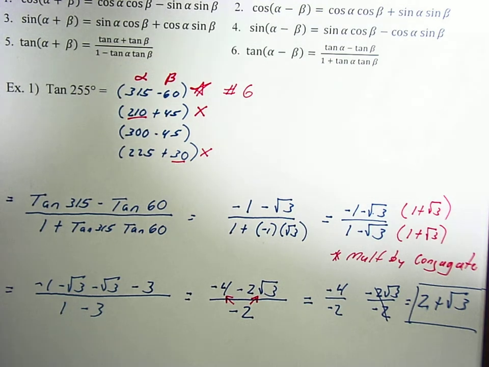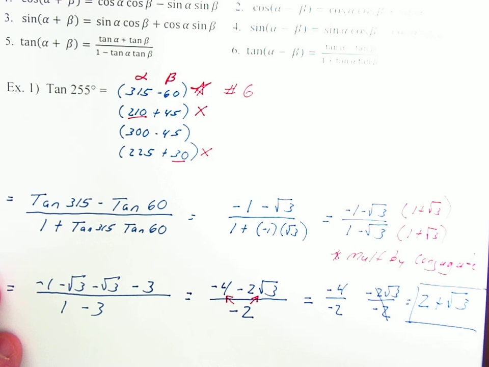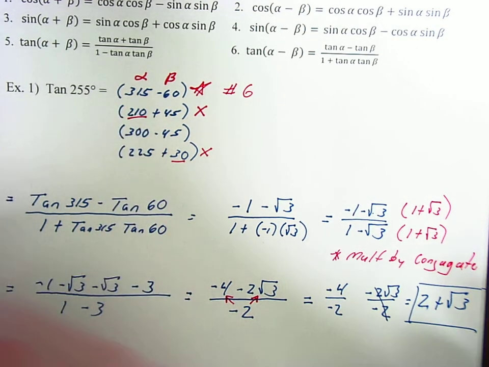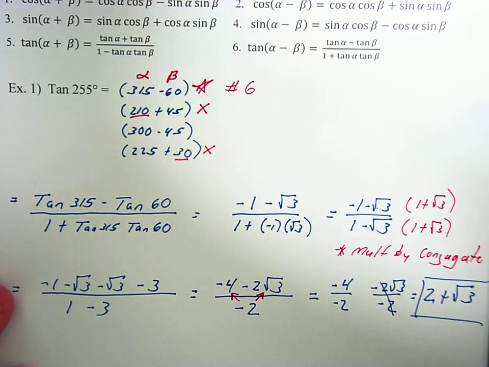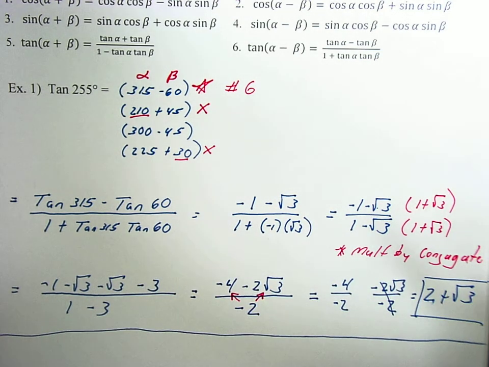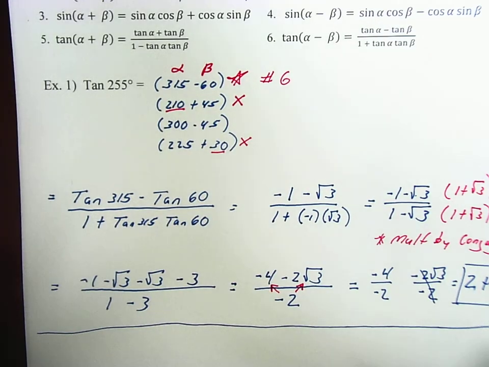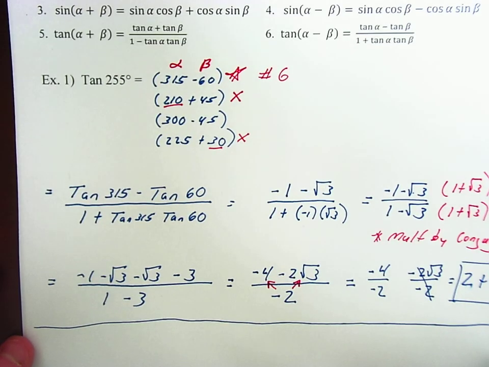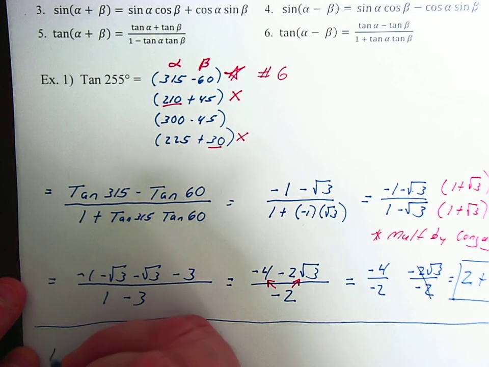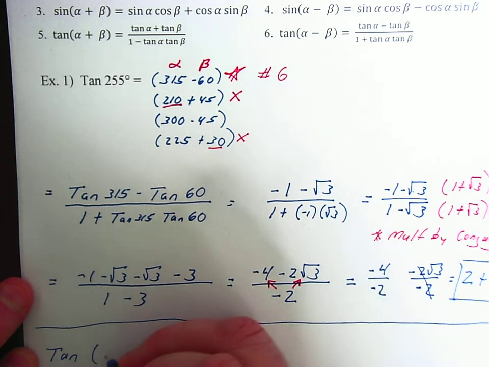The hardest ways are going to be when you use any of these 30-degree reference angles. So if you use 30, 150, 210, or 330 to do tangent, it's going to make it a more difficult problem. So I just want to show you guys that one. So I'm going to do it with 210 and 45. So tangent, we're going to go 210